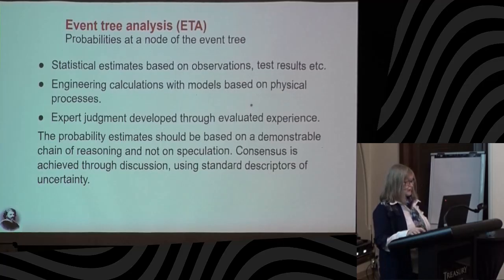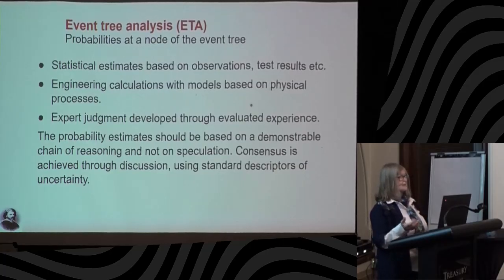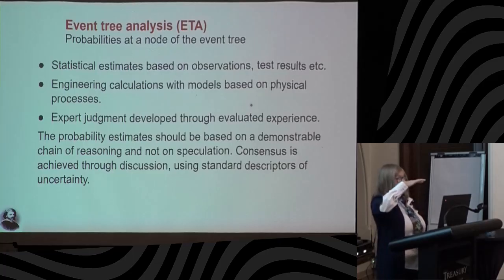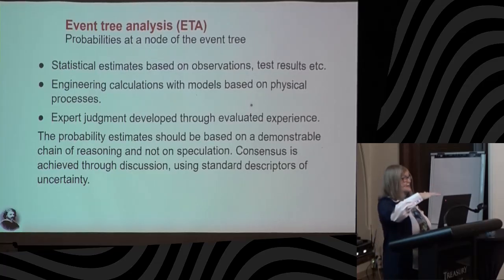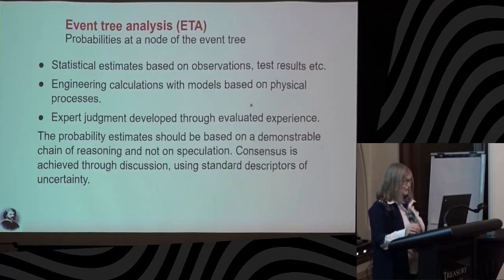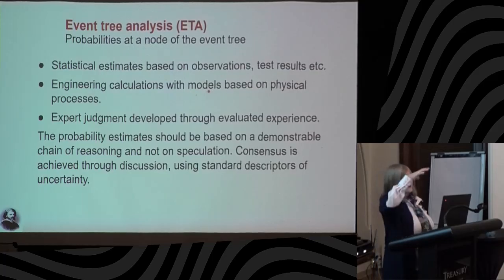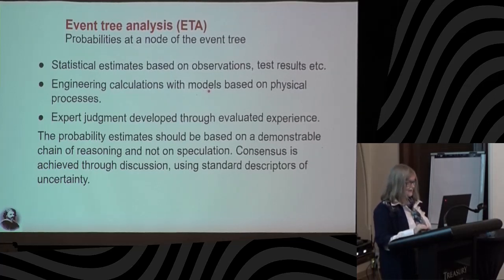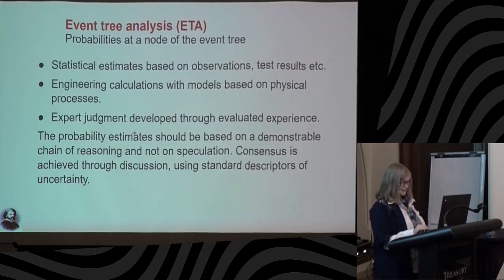How do you obtain those numbers? You obtain them from statistics based on observation of test results, like all dams have statistics on the water level or the tailings level as a function of time for the past 40 years or so. Or the calculation of the geomechanics model, for example, the safety factor of the embankment is 1.4. That's lower than it should be, so that tells you that maybe the safety is not as high as it should be. And then expert judgment comes in